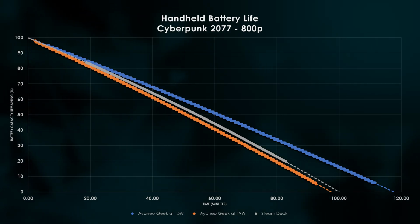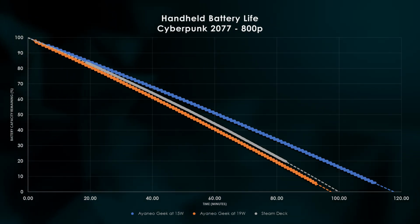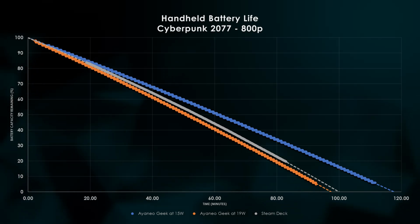And when the Geek bumps the TDP up to 19 watts, we squeeze out extra performance and beat the deck in most instances. This performance claim isn't entirely conclusive, so if you want to see a larger battery of games,